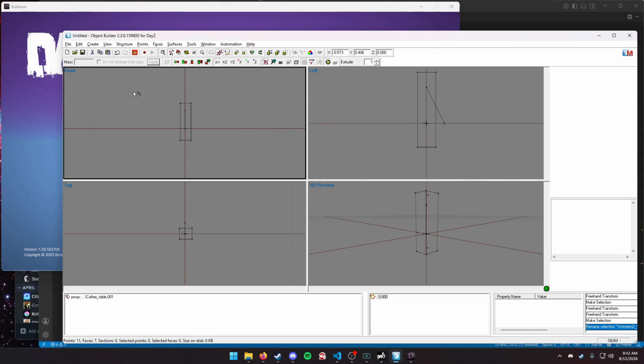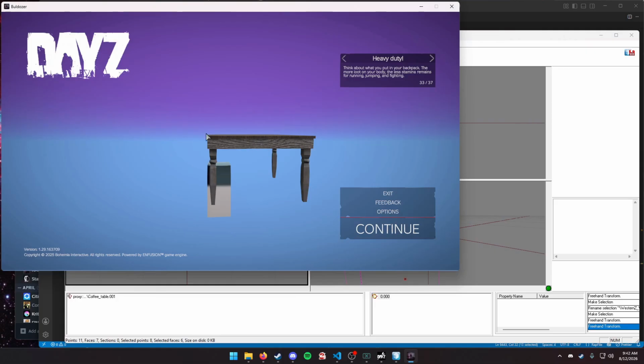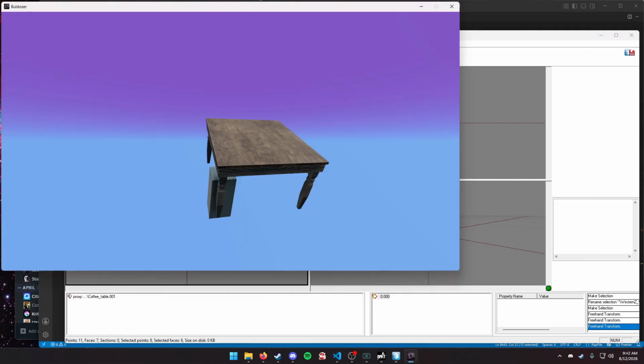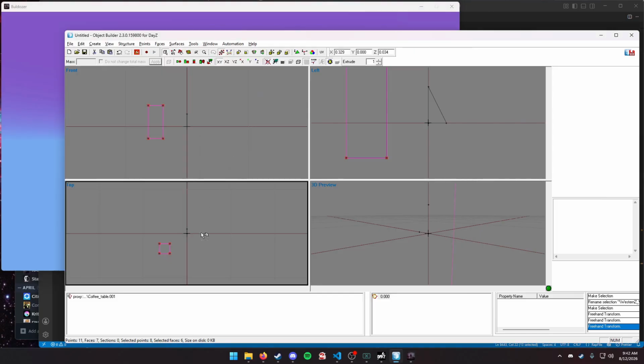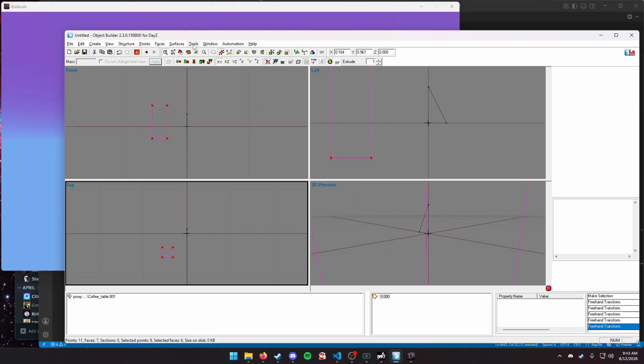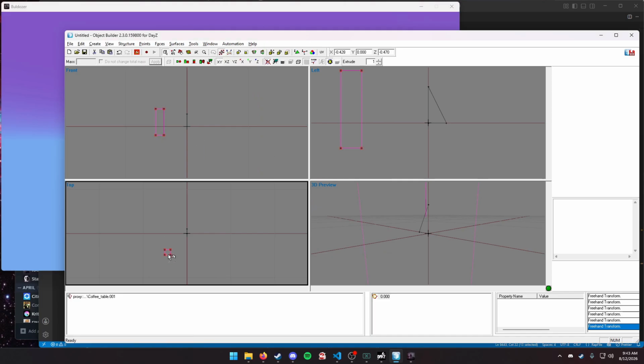And so you can kind of see, since this is a more complex object, it's going to be a little harder to place things around because I don't have the mesh inside of my Object Builder. I just have a proxy. And so I'm kind of just fumbling around a little bit trying to find positions. So once I've found a good spot, let's go ahead and shrink this down to match the leg size. A bit finicky just because